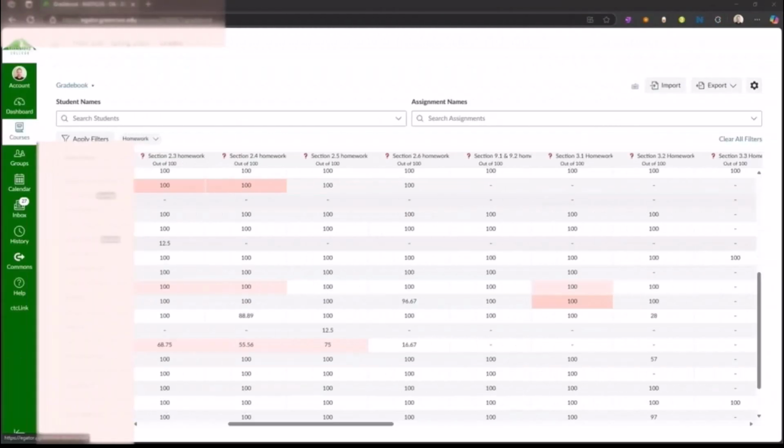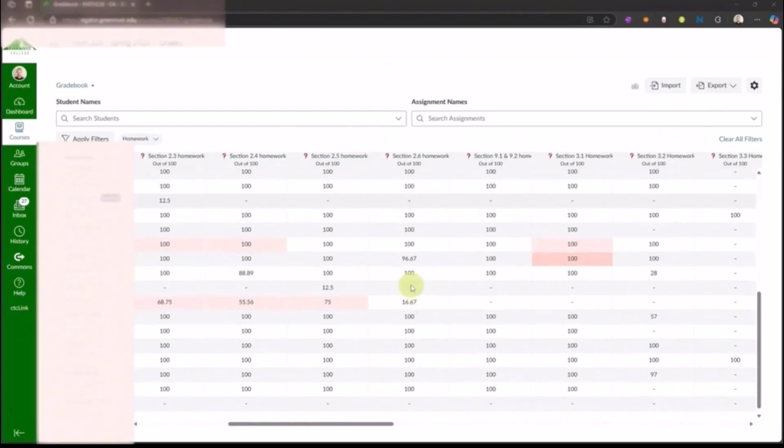Alright, in this e-learning quick tips video, we're going to take a look at a quick way to fill in zeros in the Canvas gradebook. I have a gradebook here pulled up, and there are a lot of blanks because of the way that this type of assignment, these external tools, end up in here. They don't automatically fill in with zeros, no matter what I do in my gradebook settings. So I want to fill these zeros in.